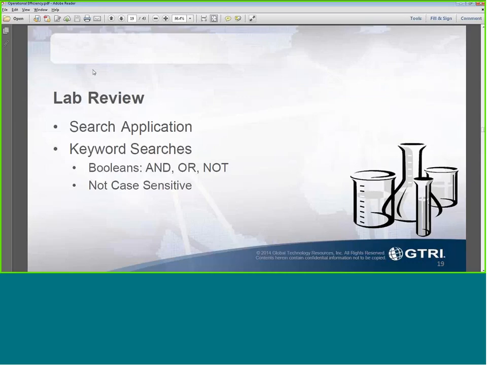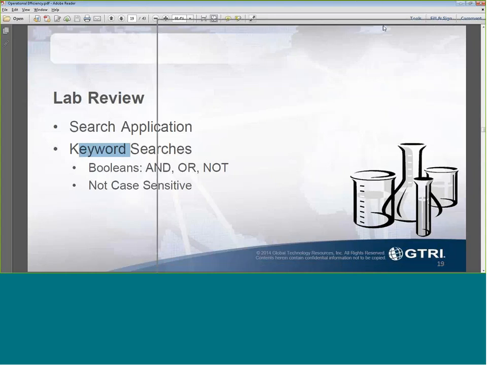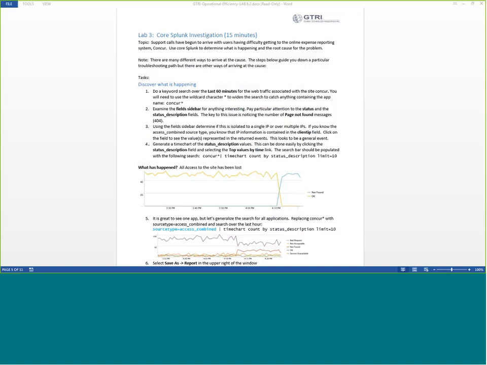So we're going to review this lab just a little bit and look at the search application and look at some of the keyword searches and kind of what we're looking at in that application itself. So I'm going to move this window out of the way and head over to my browser again